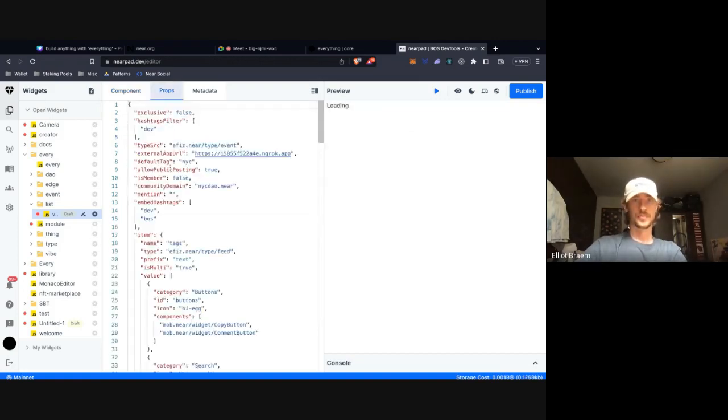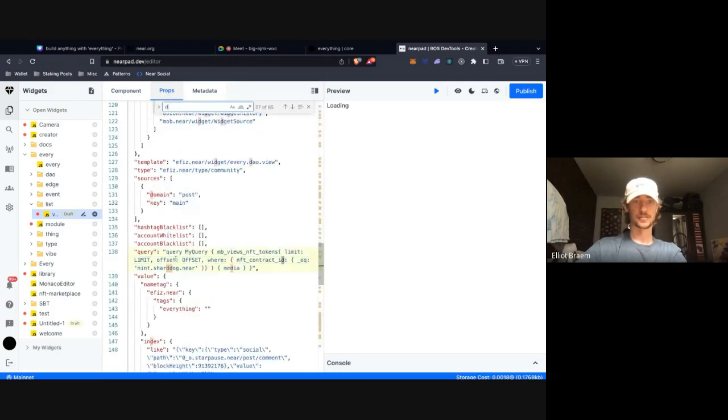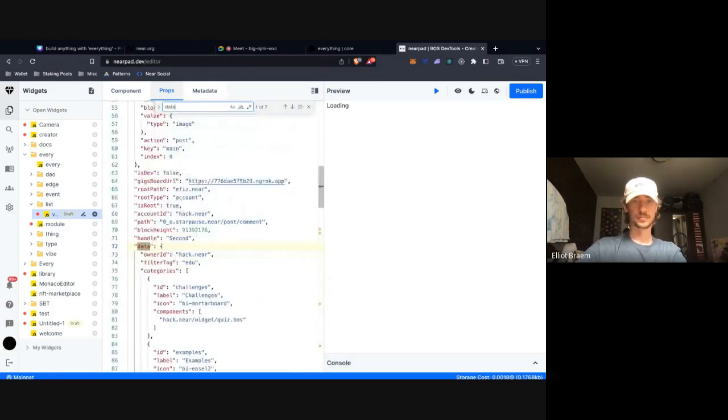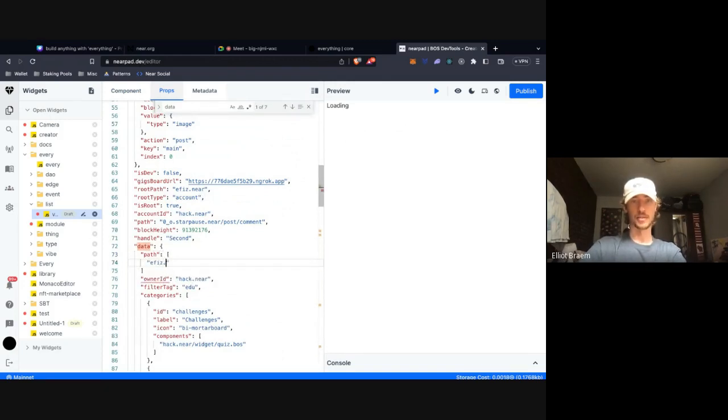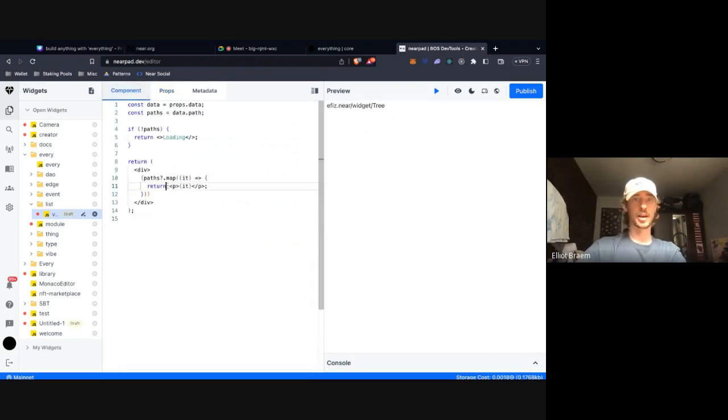So this is the template that I'm creating. We have path, which is an array, and we're going to have it have one that is widget tree. And now we know that's displaying.